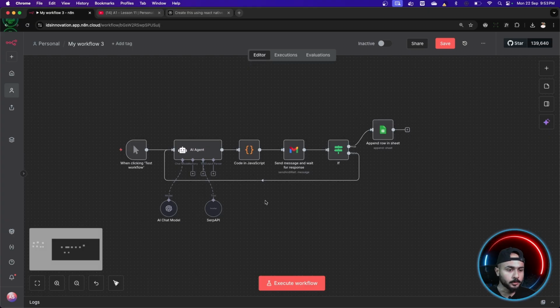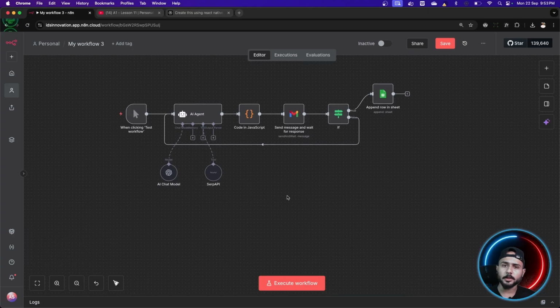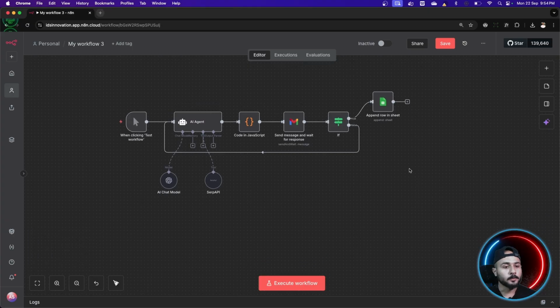Okay, so let me just first explain to you what this workflow is all about. In this workflow, what I'm trying to achieve is, let's just say I'm a content creator on LinkedIn, right? And I want to post on LinkedIn almost every day. My content is related to the latest things which are happening in the tech industry, especially in the AI industry, right? So one thing which usually anyone would do is being active on the social media platforms and on the internet all over, so that they have the latest news, right?